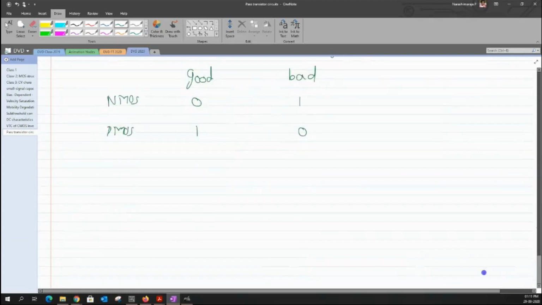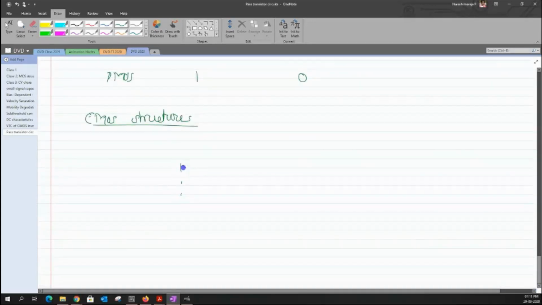What happens is that when we try to build any CMOS structures, what we generally do is have a PMOS block at the top and an NMOS block at the bottom. So this is an N block, and this is labeled as P block. And as I said, since the PMOS is good at conducting logic value 1, we would have a supply towards the top end of our PMOS, and then the drain would be taken at the output. And we would have the output somewhere here.